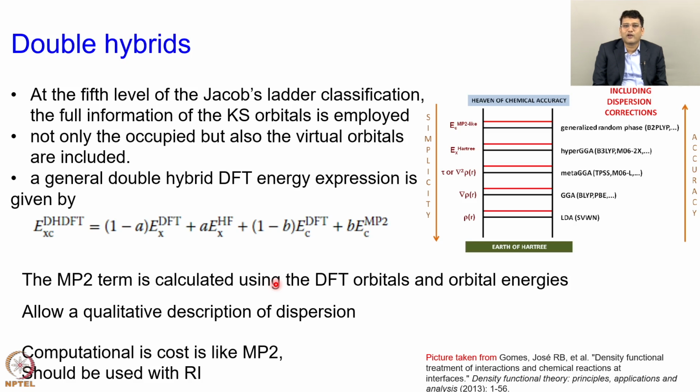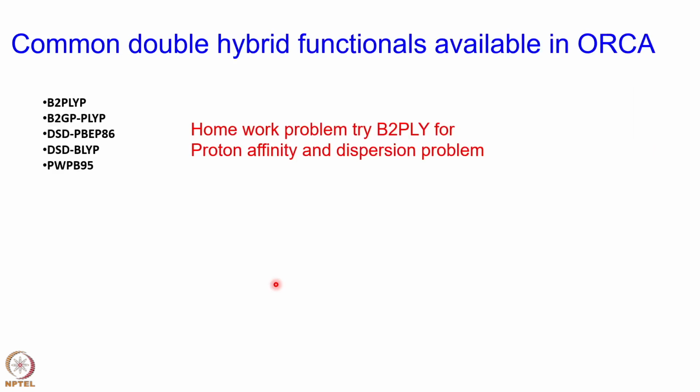but computationally higher cost. Why should you use it? Because it still may be slightly cheaper for doing a single point calculation than using CCSD(T), and the results are generally much more reliable. Now, among the DFT functionals available in ORCA, there is B2PLYP, B2GP-PLYP, and the DSD functionals. So, my personal favorite is B2PLYP because this is one of the first ones,